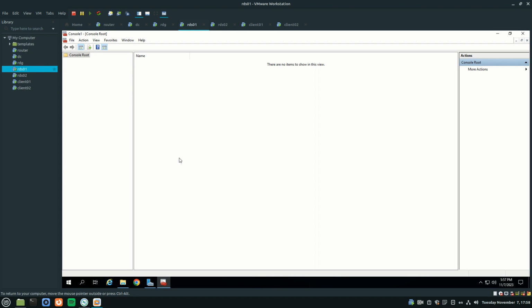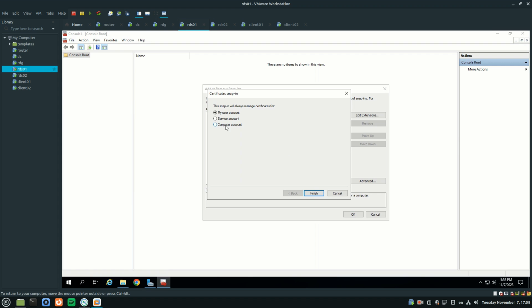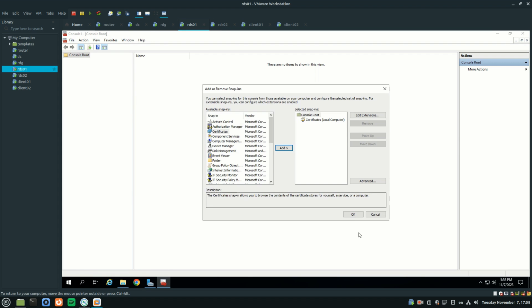We have to issue two certificates. One for the RDS farm in the local domain, and one for the RDG with global external domain. Let's start with the RDS certificate. In MMC, add remove snap-in, certificates, computer account,